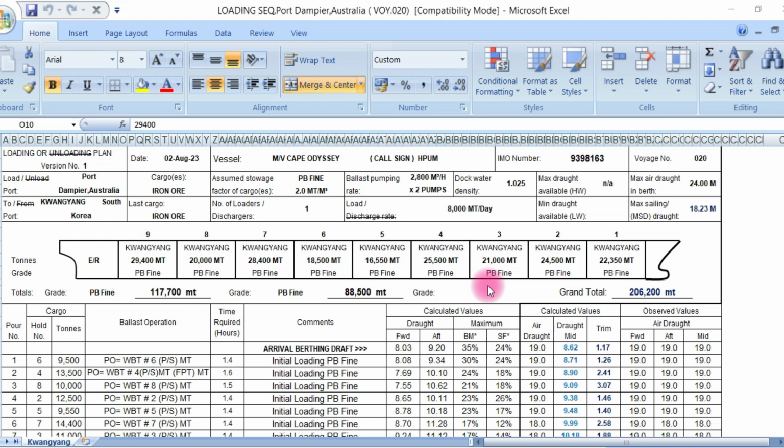It's me again. The topic for today is the departure draft in the midship. How far can you go in your midship draft? Do you want to add more cargoes, and how much would you add, so as not to exceed your maximum draft? So for today,